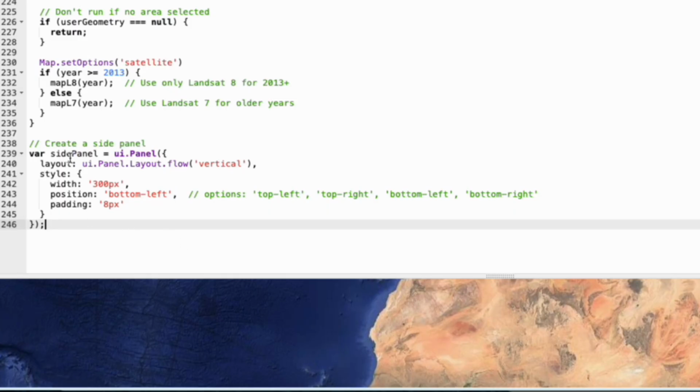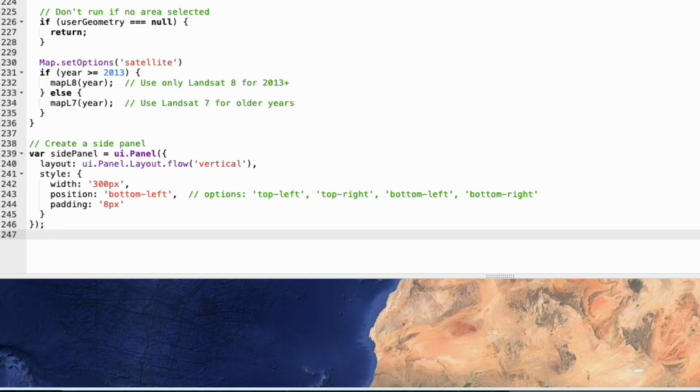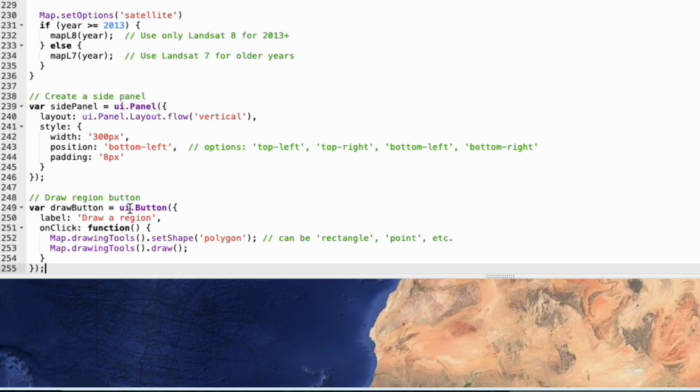You create a side panel, create a variable. It's a UI panel. You just tell it the layout. We want it to flow vertically, and the size. I wanted it to appear on the left because I didn't want it interfering with the actual map. So that just gives you a panel. Okay, so the different pieces I'm adding are also going to be variables, and basically you create the variable and then add them